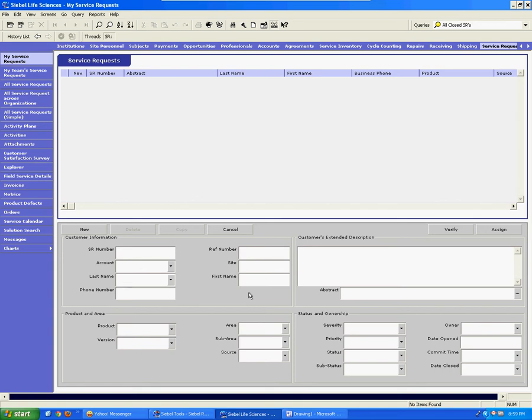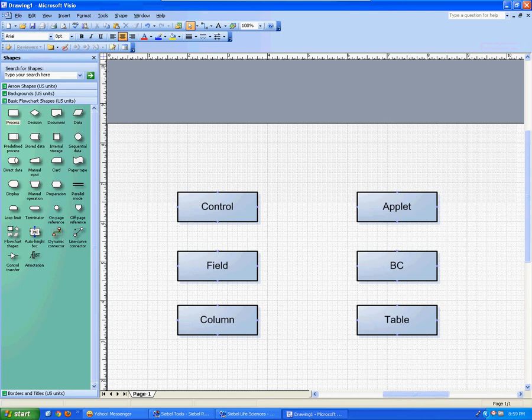So here is the situation. One table has multiple columns, agreed. Two BCs are based on that table: one is the service request BC, one is the project BC. Let's say there are 3 fields required in the project BC and 7 fields required in the service request BC. That is what we mean: we want to separate everything at the BC level, so that we have the flexibility to create as many BCs as we want. That's what Siebel wants to control. So at the BC level we create 2 separate BCs.